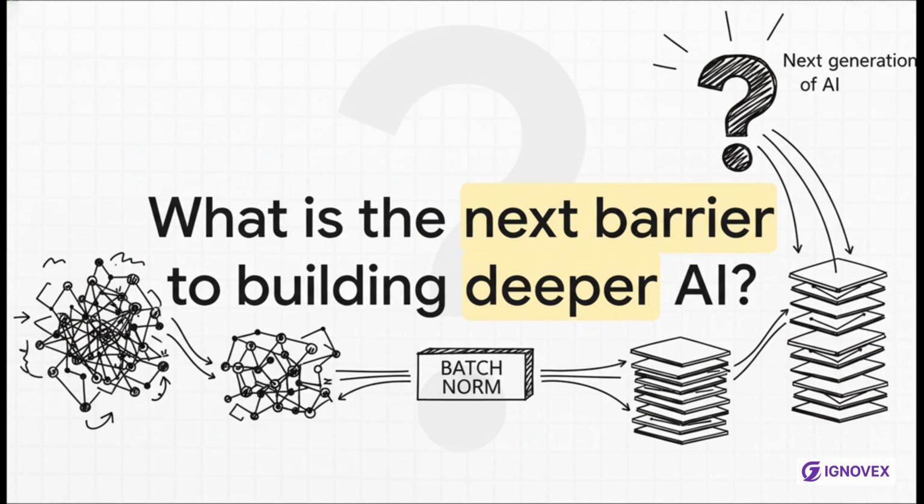So, what's the big takeaway here? I think it's that sometimes the biggest breakthroughs don't come from adding more complexity. They come from finding clever, simple ways to create stability. Batch normalization tamed that internal chaos and let AI models grow deep. And that kind of leaves us with a huge question, right? As today's models get bigger and bigger, what new kind of chaos is hiding inside them, and what's going to be the next beautifully simple idea that comes along to tame